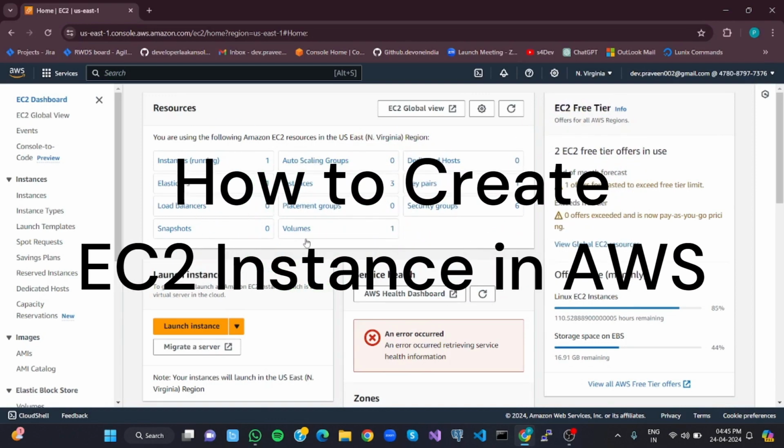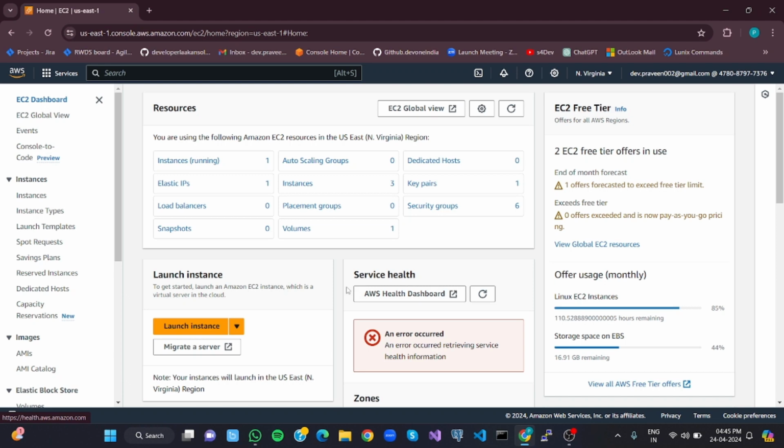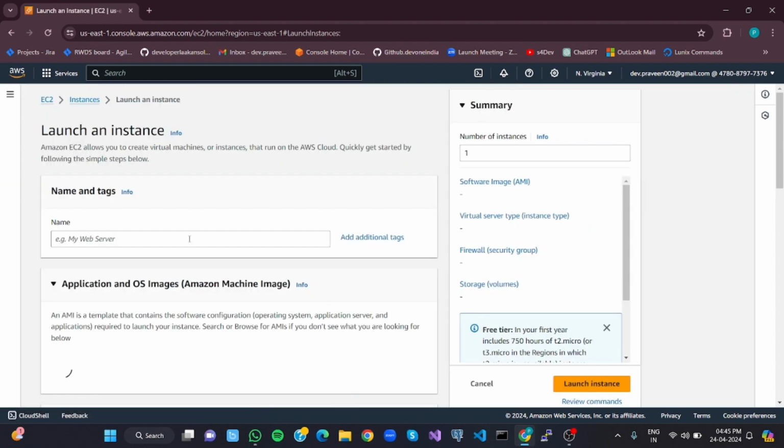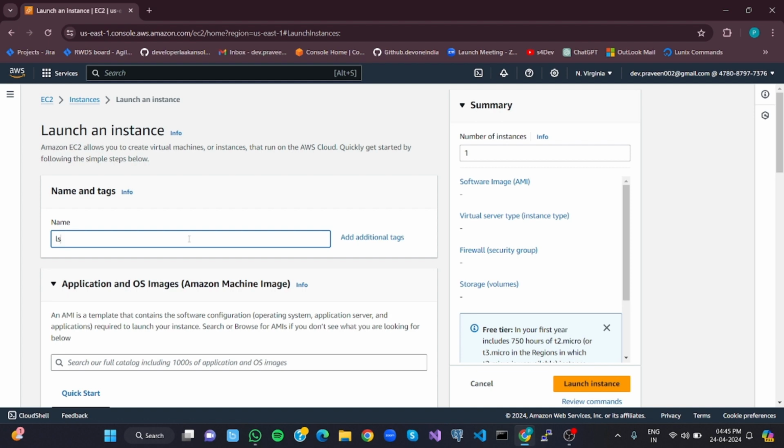Today we are going to create a new instance in AWS, Amazon Web Services. For that, navigate to your account, don't forget to check the location, and then click Launch Instance. Type the name whatever you want